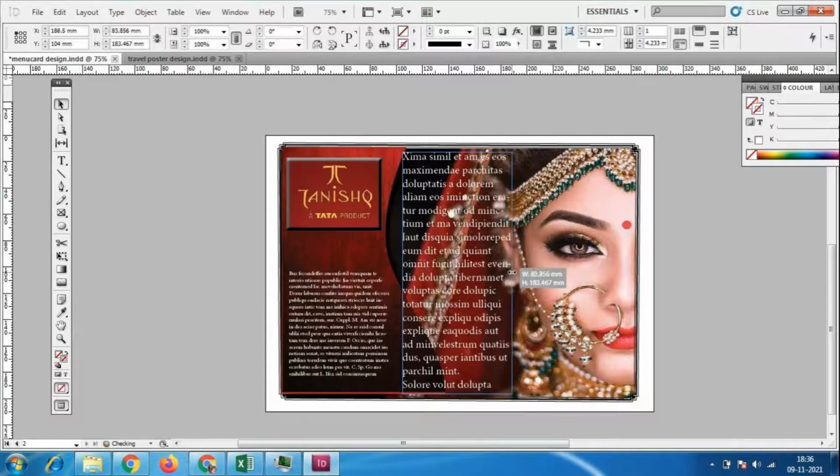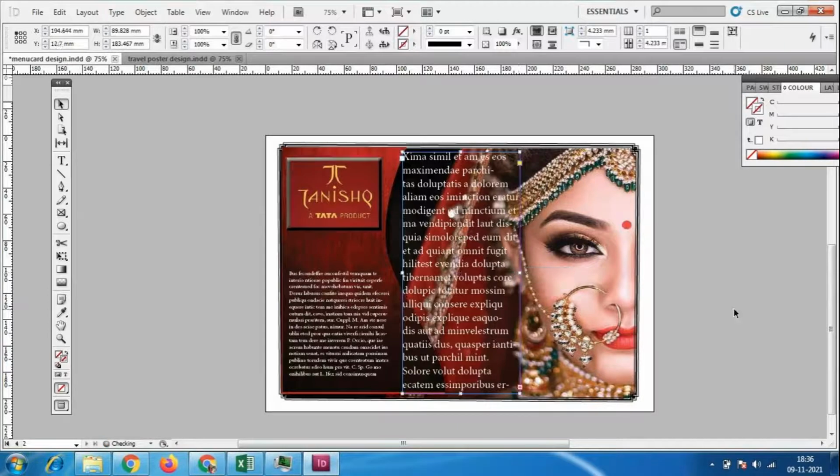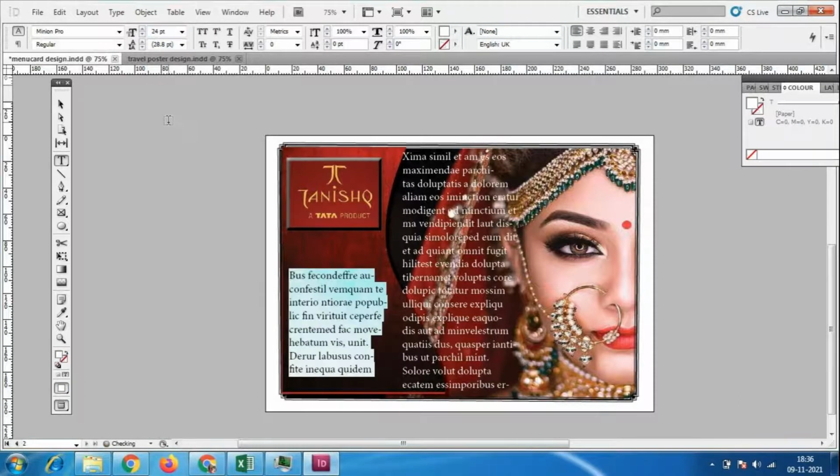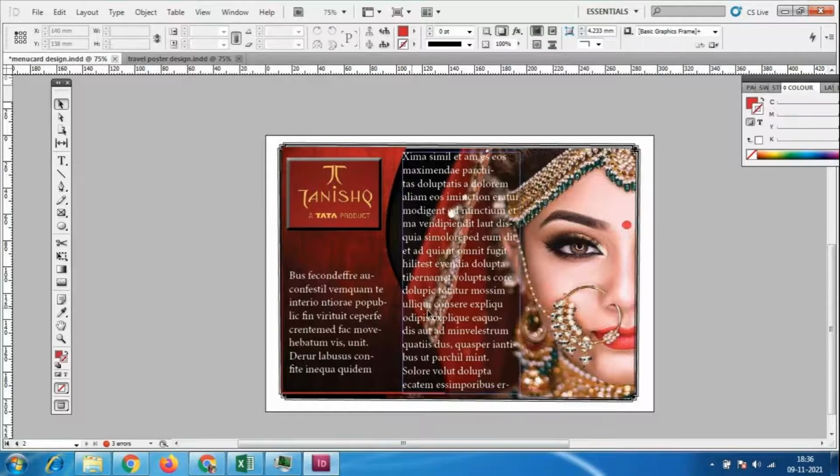Okay, so according to this column, which is not disturbing the image, and not disturbing the logo also. So all the company informations will be there. If you want to increase the size, you can go to here, and you can increase the size of the text, and any of the informations we can add here. So valid informations we could add here. I just took a default text. Okay, because I want to show the bridal image with the logo designing, and whatever contents we want, we could add it like this.